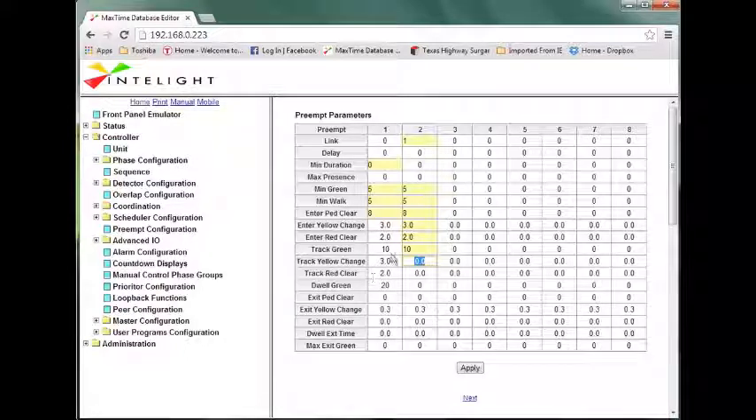So I'm going to put 3-second yellows, 1 second in all reds. I don't want any track time. It would run track, so if I ran preempt 2 and I had track time, it would go to the track interval, go to the dwell interval, and then go to preempt 1. So I fill out this page, I hit apply, and then I'm going to scroll down, and I've got to